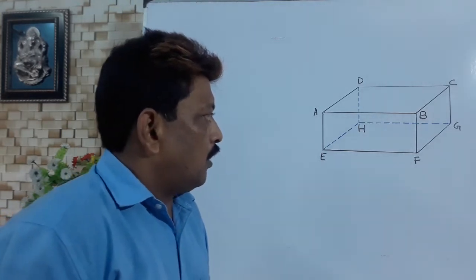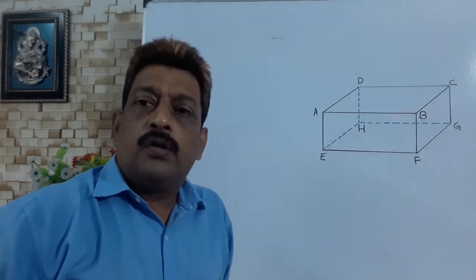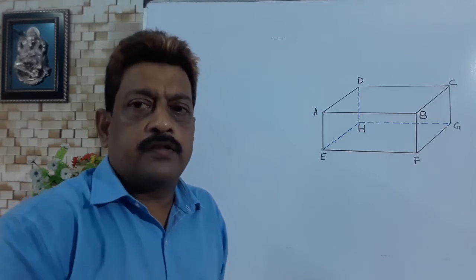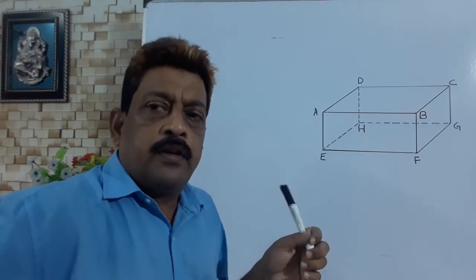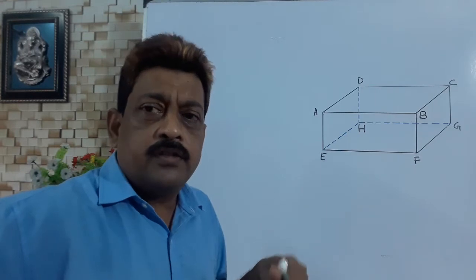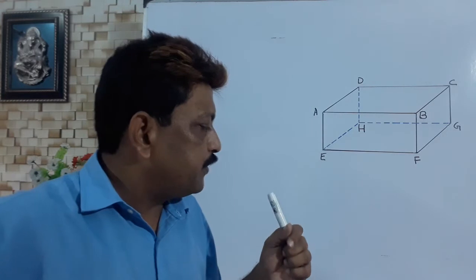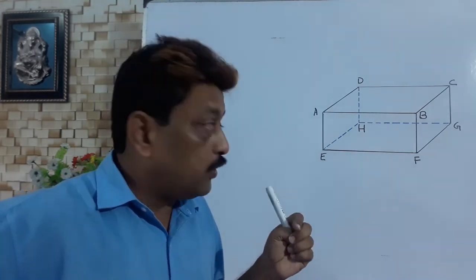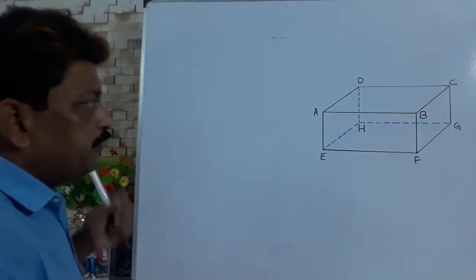Now, what is surface area? Surface area is the total area covered by each face of the solid. So here there are 6 faces. Naturally, the total area covered by these 6 rectangular faces will be known as the surface area of the cuboid. So first, let me show you how to find the volume of this solid object, that is cuboid. But before that,